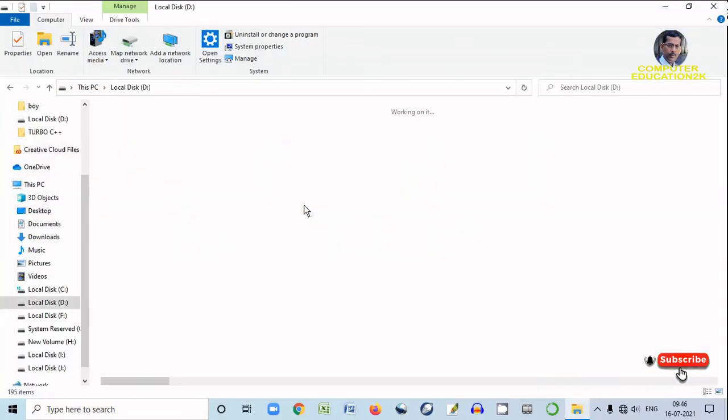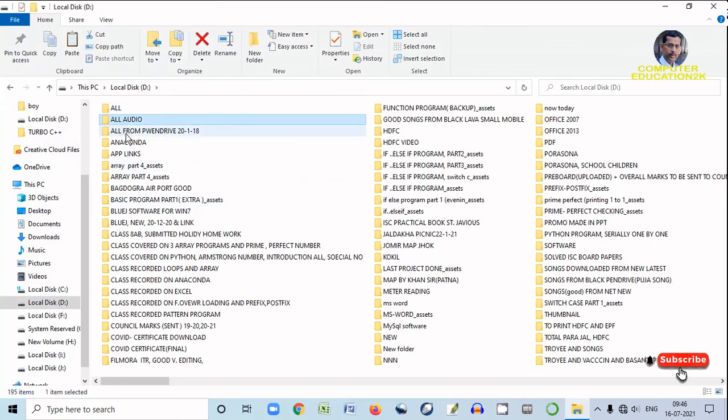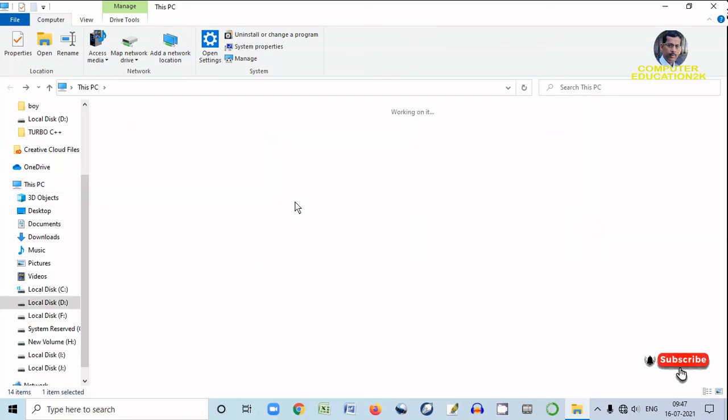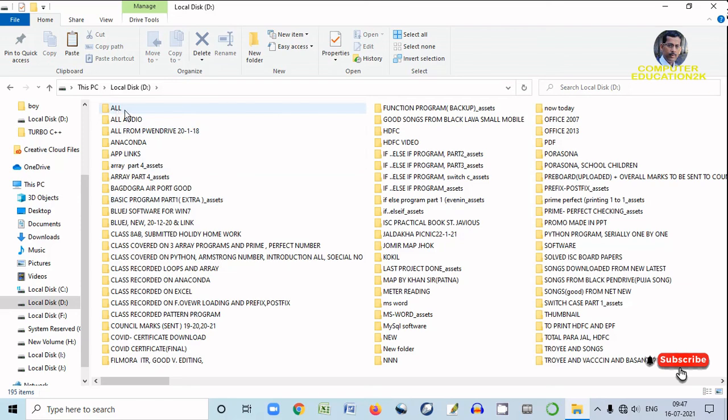And in these hard disk types you can see lots of folders. These are the folders that you have made. Suppose you want to copy one folder from this hard disk to another hard disk drive, for example from local disk D to local disk J. How can we do it? Open local disk D, right click on the folder that you want to copy, or you can copy from here also from the clipboard group.